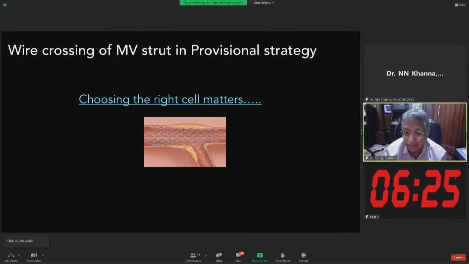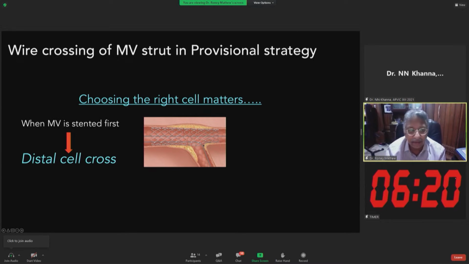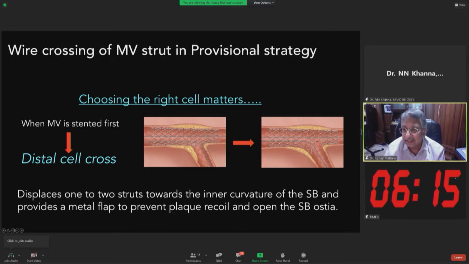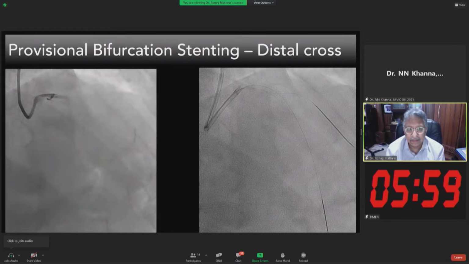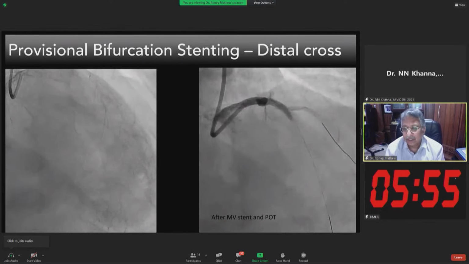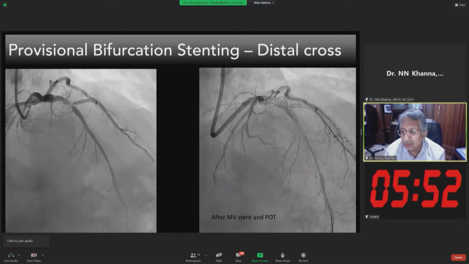matters when you go to the side branch, because as is shown here, if you do a distal cross, then when you kiss, the strut displaces two struts towards the inner curvature of the side branch, and this provides a metal flap to prevent plaque recoil to the side branch ostia. Like in this particular case, a Medina 111, we do a main vessel and a POT, you do see the side branch